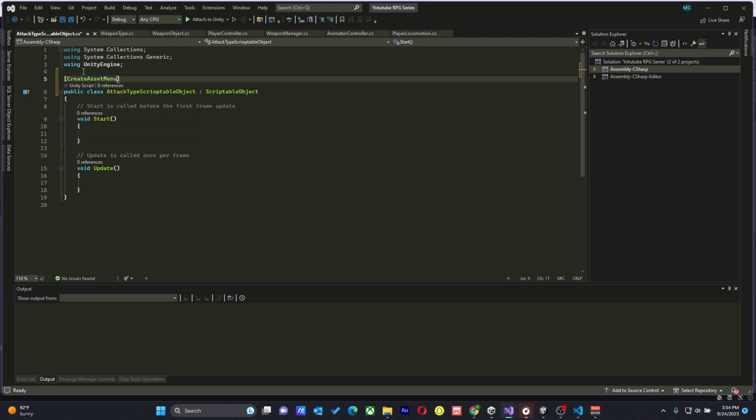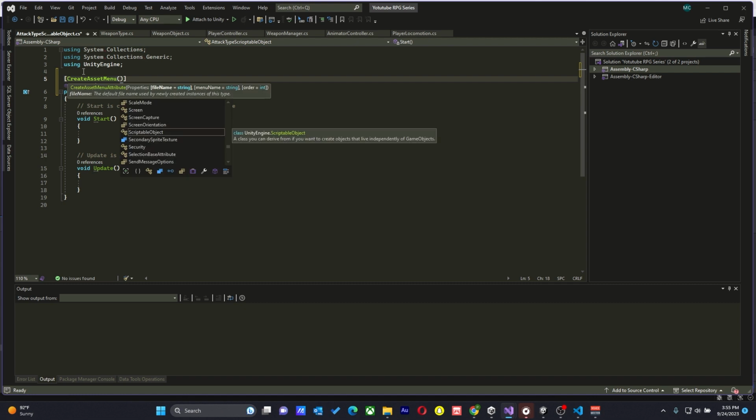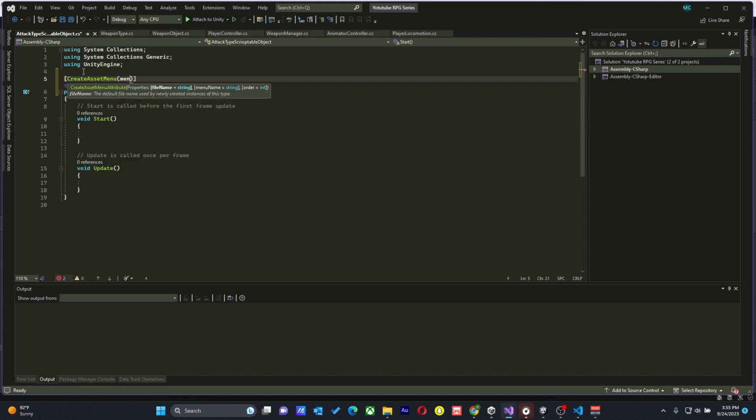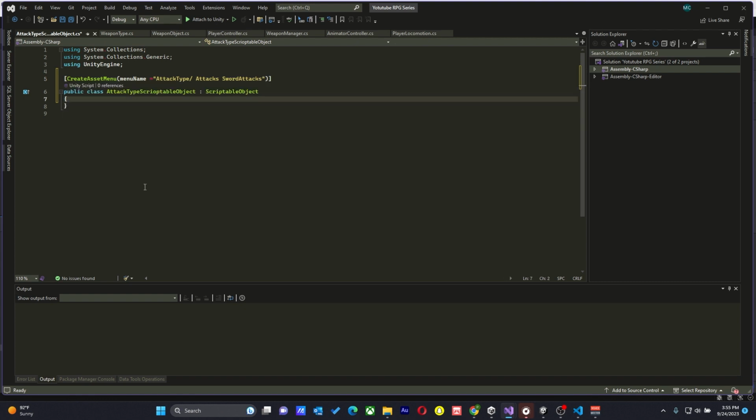So we're going to create an asset menu as well here. Then we're going to say menu name is equal to attack type, and then the sub menu we're going to say attacks. Okay, then sword attack. Alright, sword attacks. We're going to remove our start and update, we don't need them. Then inside here we're now going to say public